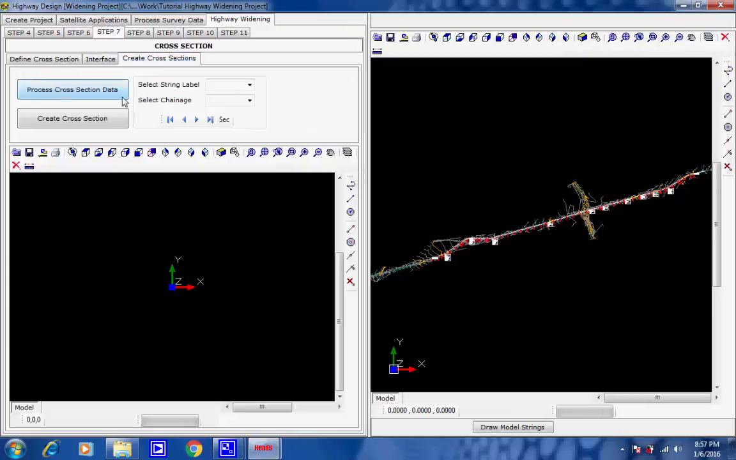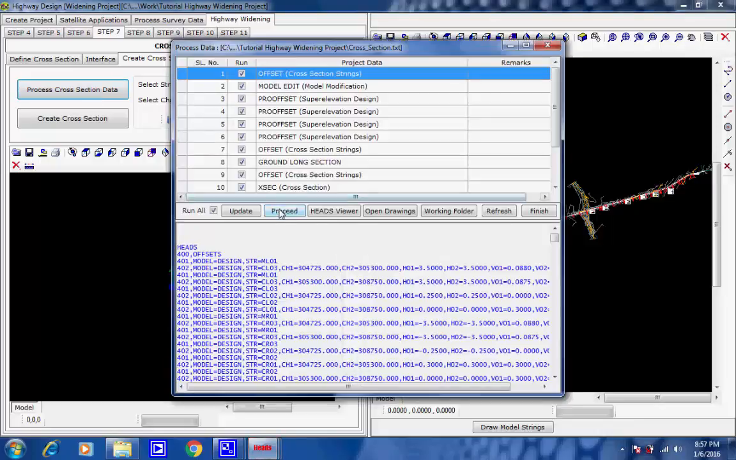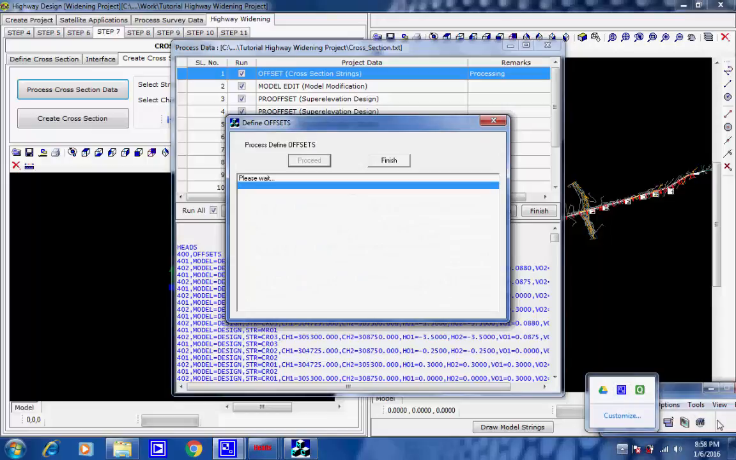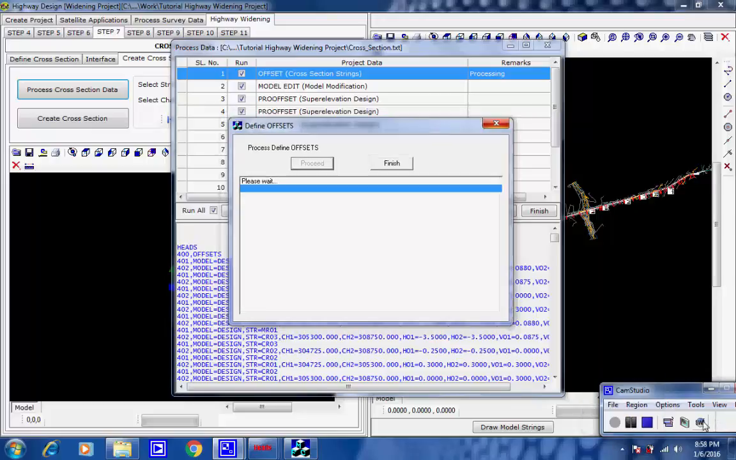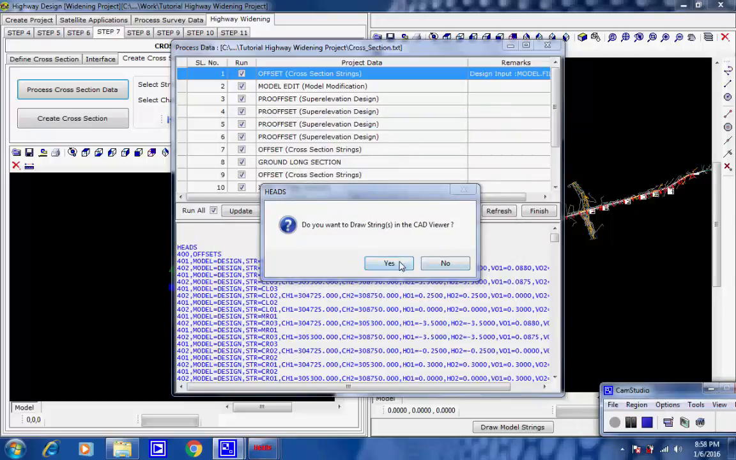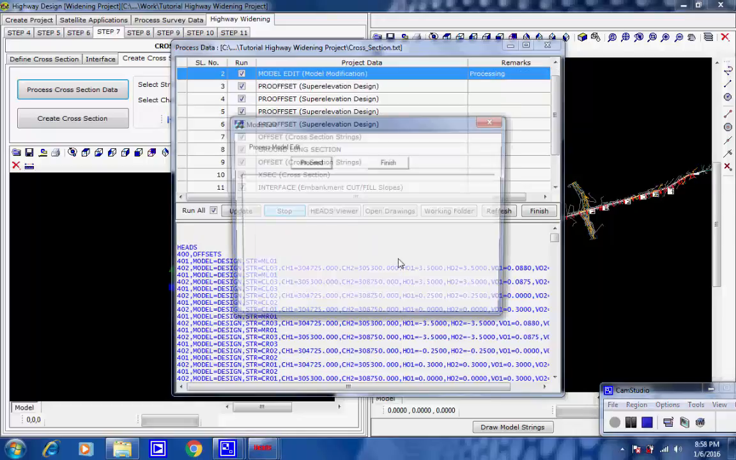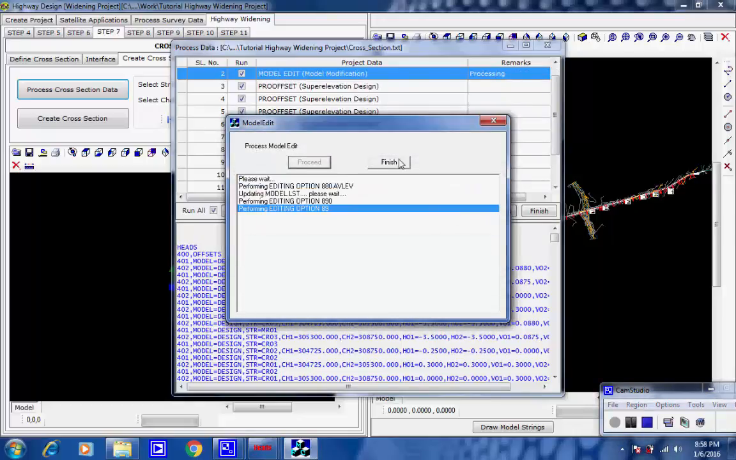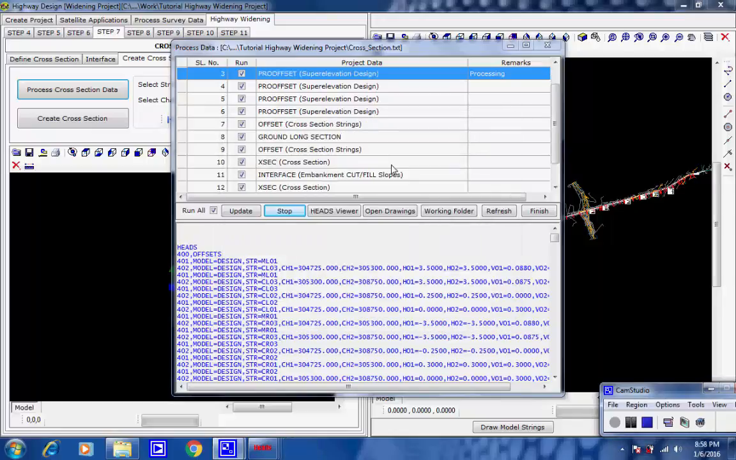Next, we select the page to create cross-section. We click on button Process Cross-Section Data. The process box comes with list of batch processes in proper sequence. We click on button Proceed to process each step with the related data as displayed in the lower part of the process box. Every time we click on button Yes, to draw the strings after all the processes are over